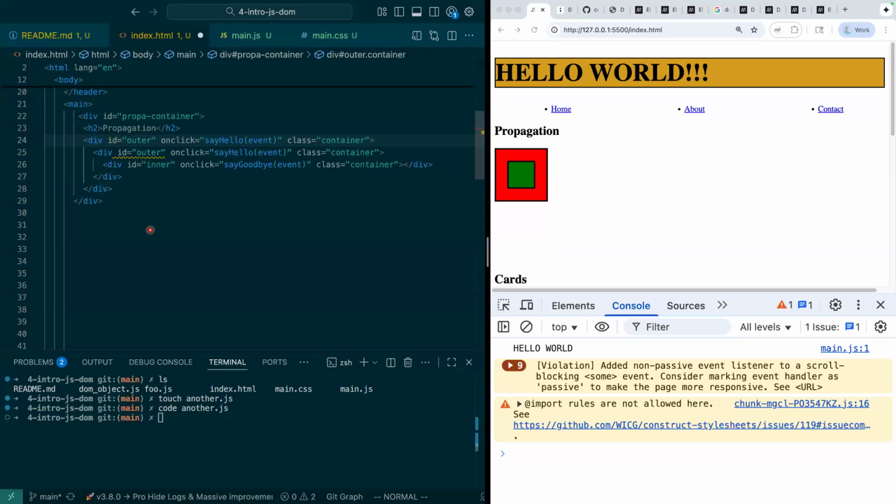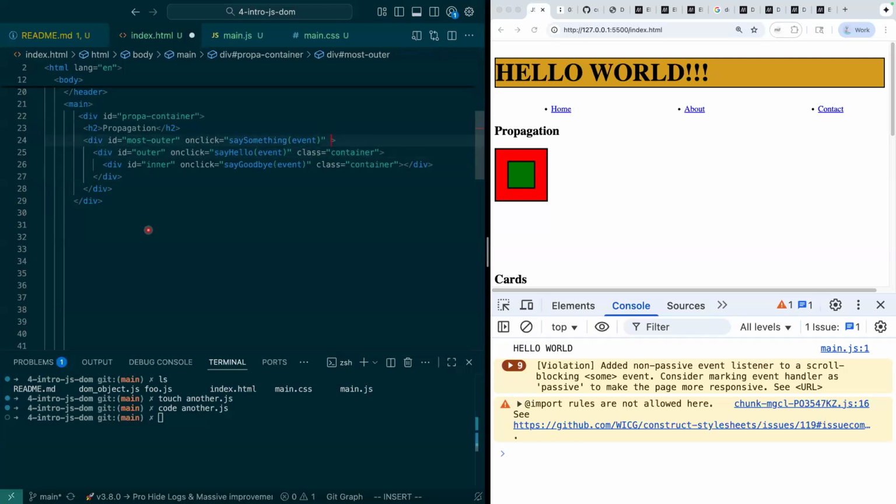I want this to be most outer. The ID doesn't matter. What matters is it's going to call say something. And I'm not going to give it a class. It's just going to exist without taking up a lot of space. So we have three of these